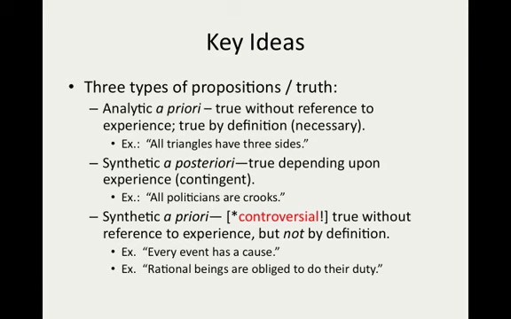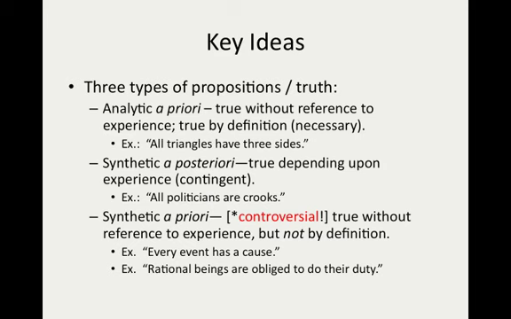Now what's controversial and what's added by Kant is a third category. It doesn't seem like they should go together. On the one hand, they're synthetic. A proposition that's synthetic means that the meaning of the predicate is not contained in the meaning of the subject of the sentence. There's something put together or synthesized. But the a priori means you still don't have to do any exploration of the world. You don't have to go and check. They're true already. They're true by necessity. Now, how can that be?